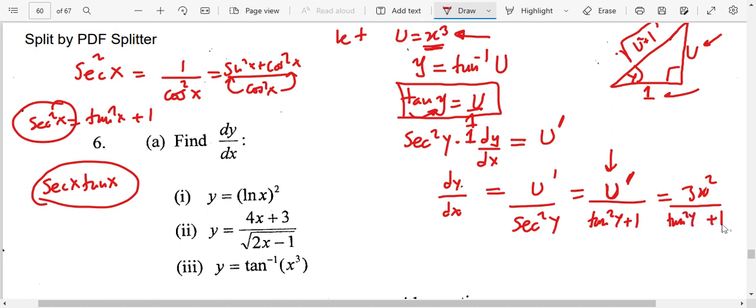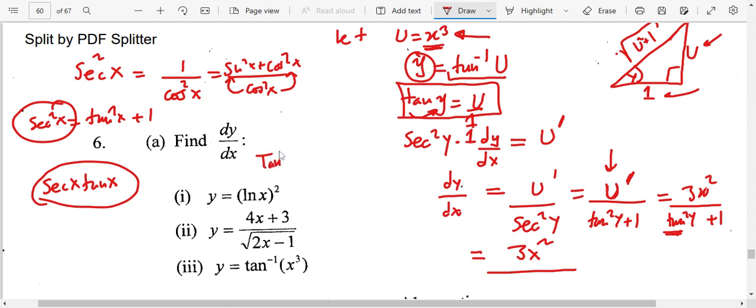And then plus a 1. Okay, so this thing you're able to see here is a derivative, but again remember what is y? y is tan inverse of u. I don't know if you're able to follow this. So you don't want to have y, you only want to have x, so this is going to be 3x squared divided by, so we're going to replace here, so that becomes